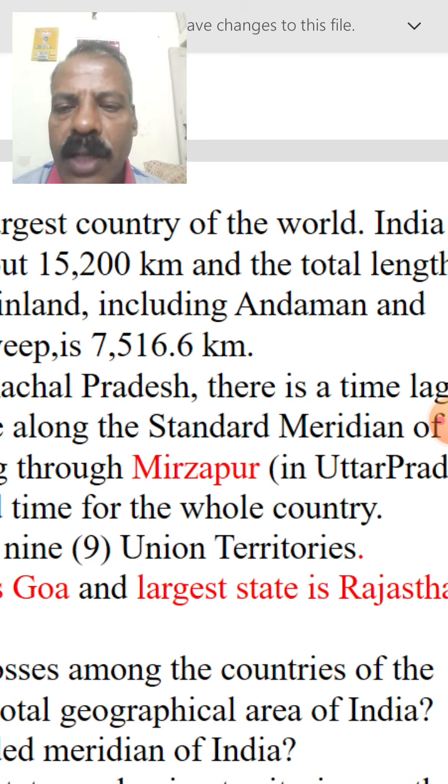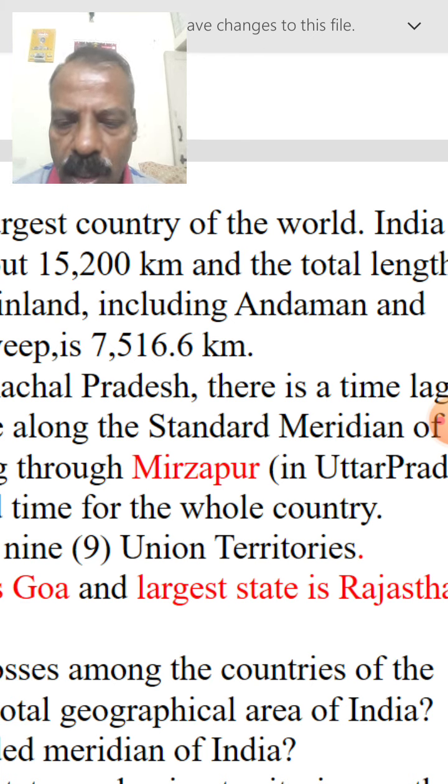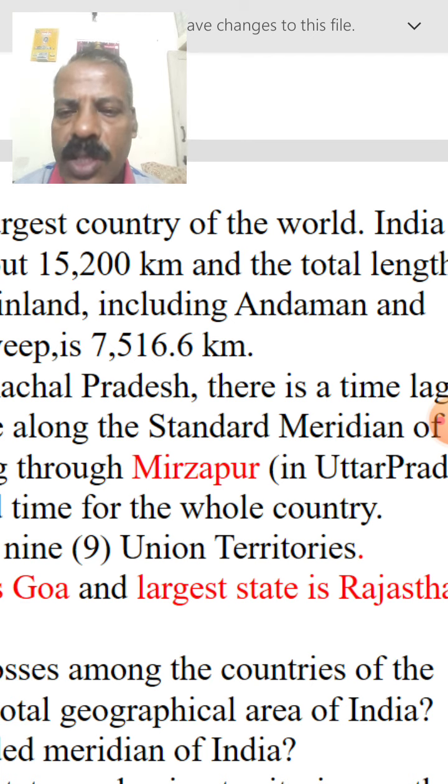The standard meridian passes through the central part of India vertically at 82.5 degree east. So 82.5 degree east is the standard meridian of India. The time will be the same whether east or west, because India extends longitudinally from 68 degree to 97 degree, nearly 29, so we take the nearest number, 30. 15 degree is 1 hour, that means 30 degree is 2 hours. Now the time confusion is avoided with the help of the standard meridian. Every country follows a standard meridian.